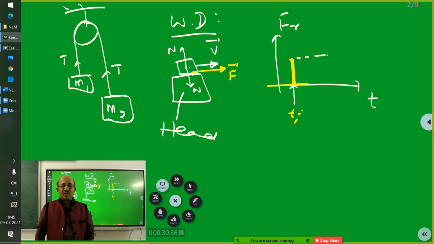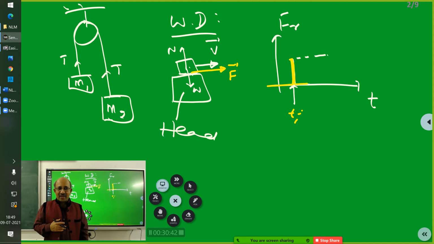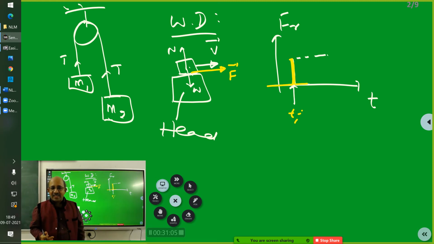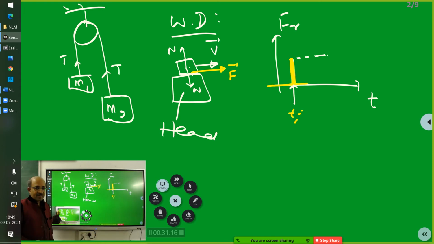Why do you say the friction vanished? The state of motion is uniform. Excellent. So the velocity vector v was created because of the force, in this case the frictional force, and afterwards the velocity continued to be the same. If frictional force was acting, then the velocity of the block would have gone on increasing. It did not increase. Got it? So therefore, I am telling you that the frictional force was just created and it vanished. Clear?